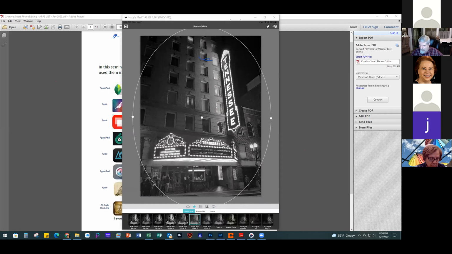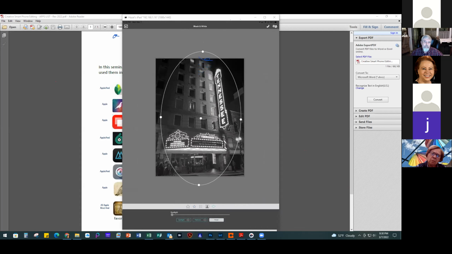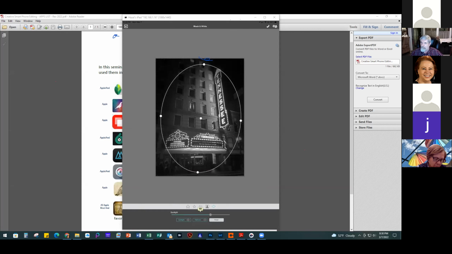And this circle lets you, if you come to the last icon, they call it a spotlight, and you can use it to make changes in one area. If you were depending on the, let's see. So if we move the slider, let's see what it does. That one. Yeah, so it's darkening outside. It's kind of giving you a vignette. They call it a spotlight. So I guess you could do that with this if you wanted to, and you can go beyond the image. So you can see it's just kind of focusing, like a vignette, but like with most vignettes, you'd want to